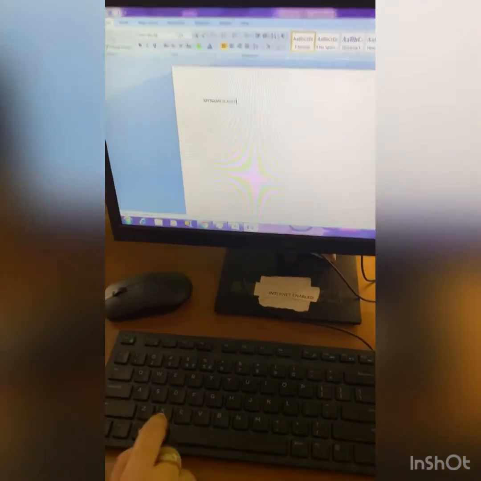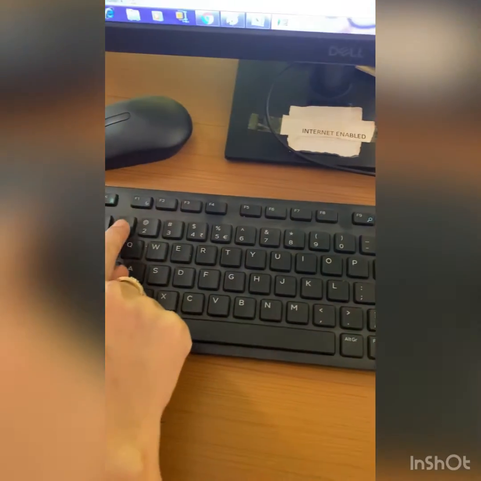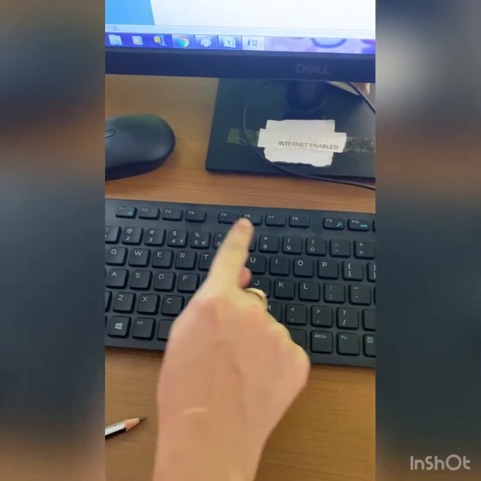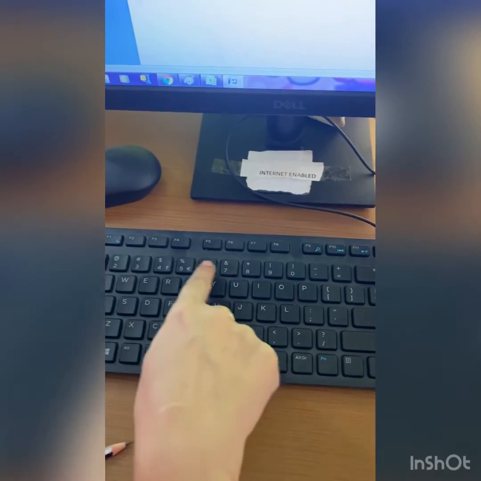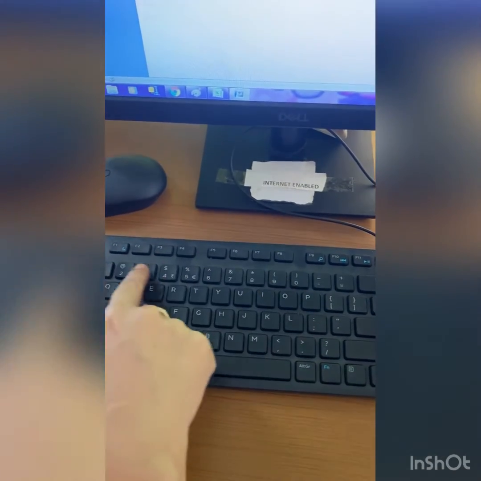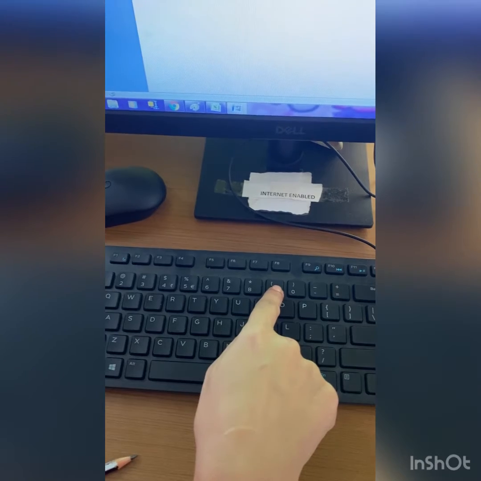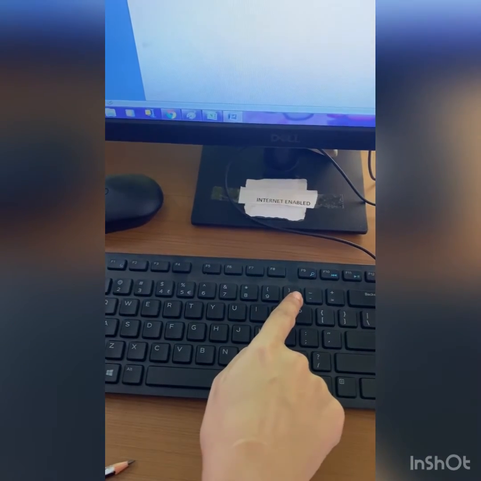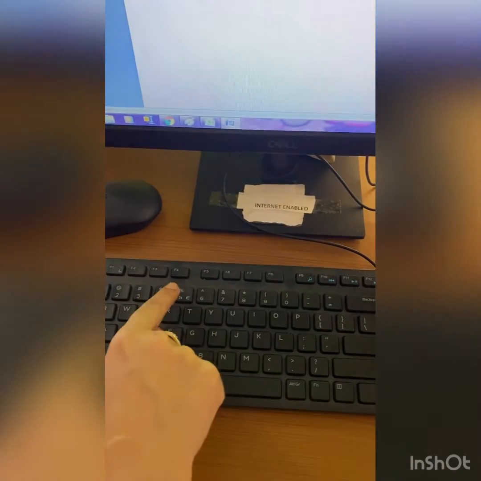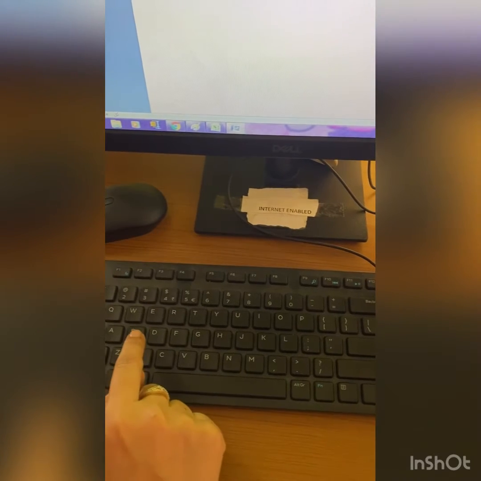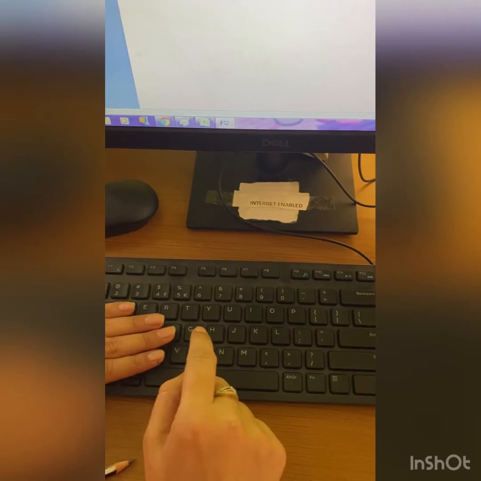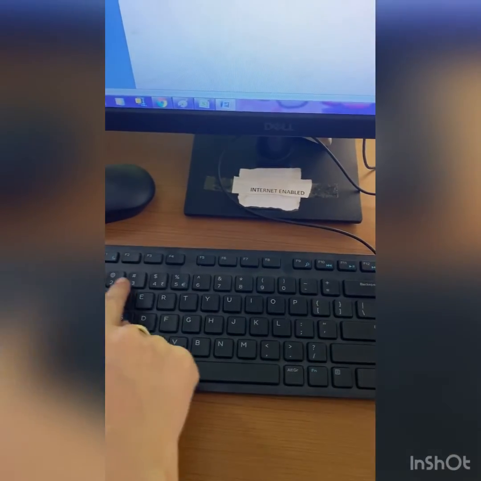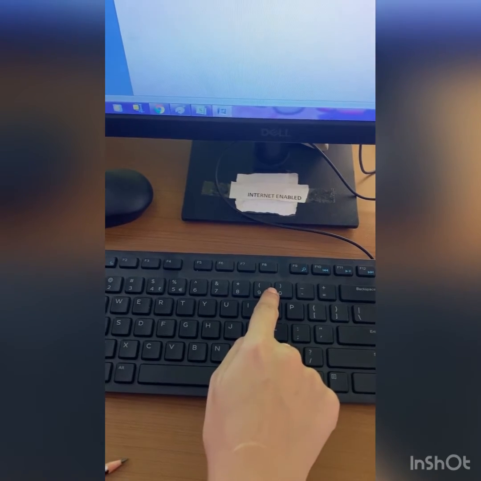Now number keys. 1, 2, 3, 4, 5, 6, 7, 8, 9 and 0. These all are called number keys, from 0 to 9. Number keys are present just above the alphabet keys.